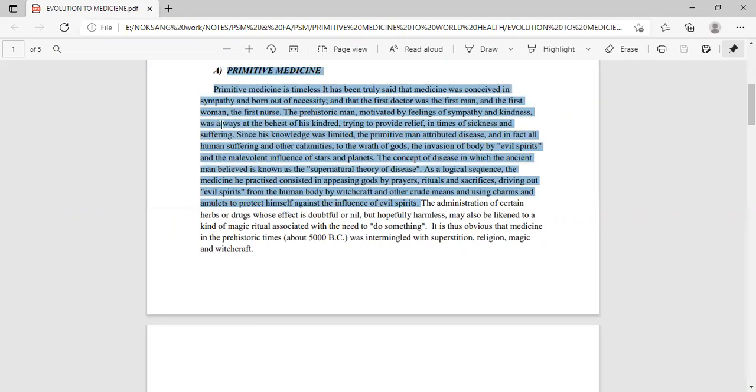So they believe that Adam and Eve were the first persons to bring out such kinds of medicines that can heal them of certain sickness. And the first nurse, we can't say first nurse, but she was known as the Lady with the Lamp, and her name was Florence Nightingale, although she is from the present era. She helped a lot of people at that time, especially the military people, so she was known as the first nurse.